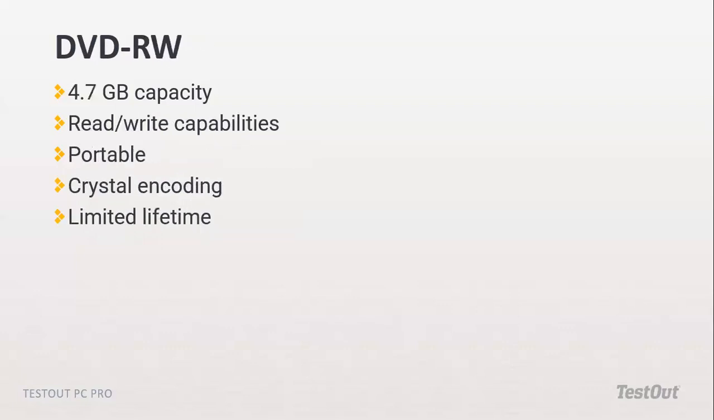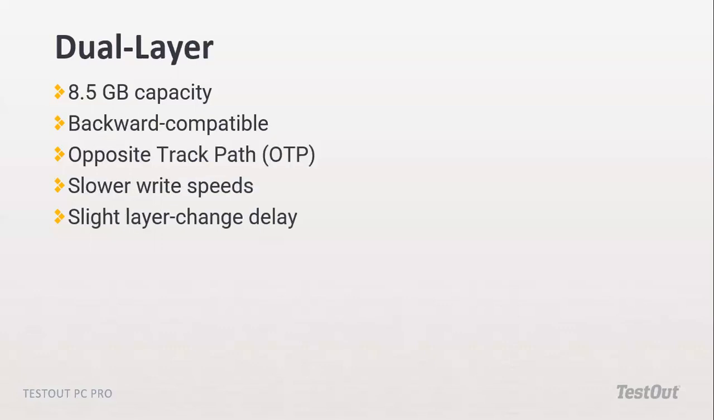The DVD-RW, on the other hand, also has 4.7 gigabytes of capacity, same as DVD-ROM, but it has read-write capabilities, which means you can wipe data from it and rewrite it as you want. It is very portable and also has a crystalline encoding, but it has a limited lifetime. That's the problem. Now, the dual layer, there are DVDs that have dual layers, which can provide up to 8.5